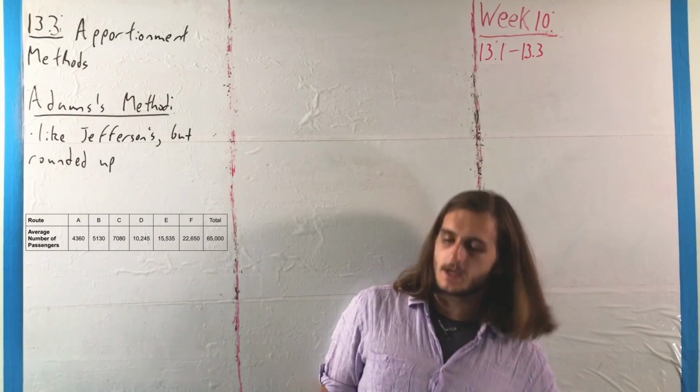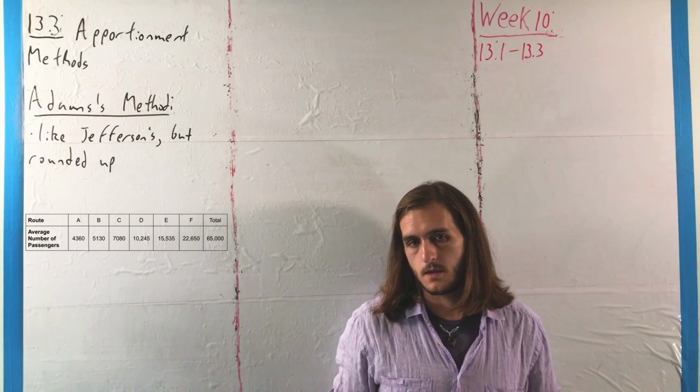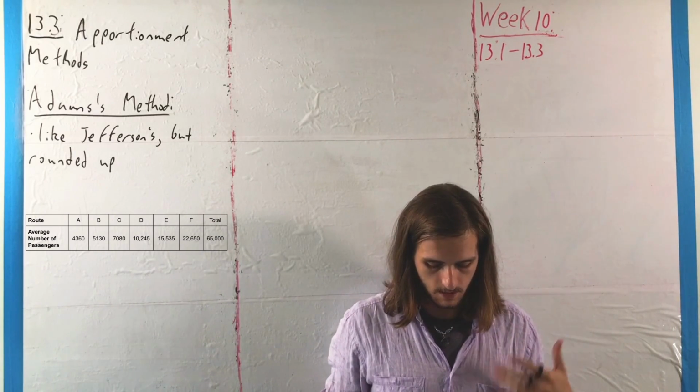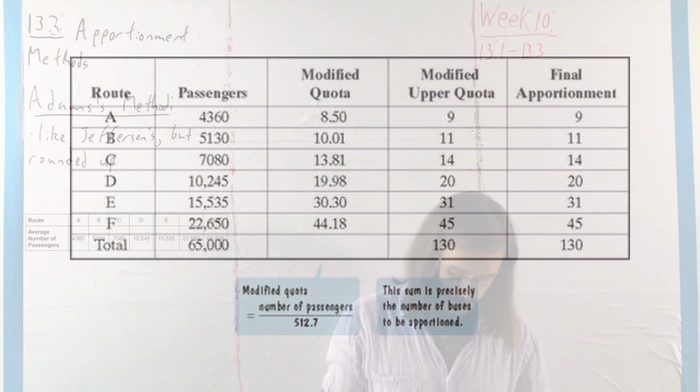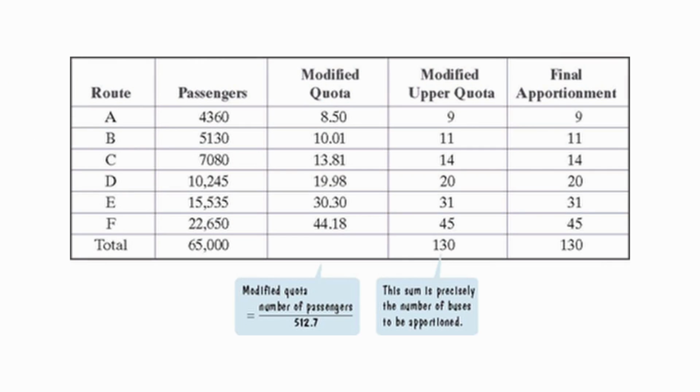Anyway, for this, when we're dealing with the modified upper quotas and the modified divisor from Adams's method, what would happen if we take a divisor with the value D equals 512.7 is we would take each of those passenger values and divide it by 512.7. So we divide 4360 by 512.7, 5130 by 512.7, 7080 by 512.7, 10,245, 15,535, and 12,650, each by that